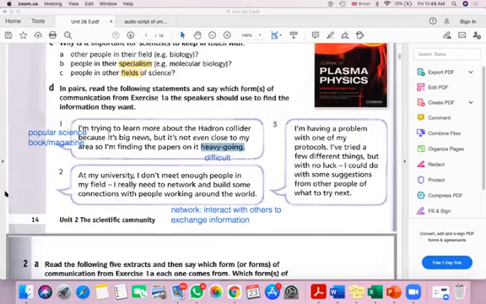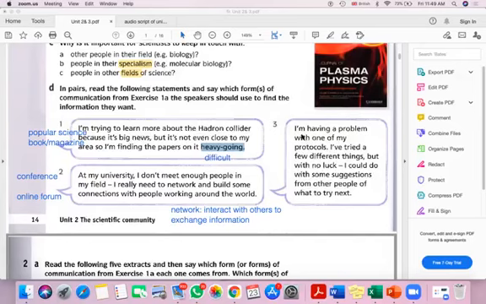So if this person wants to get to know other people, all right, and make relation, how can this person do this? They can do it by going to a conference and meeting new people, right? Or, for example, by visiting an online forum and asking any questions they want.